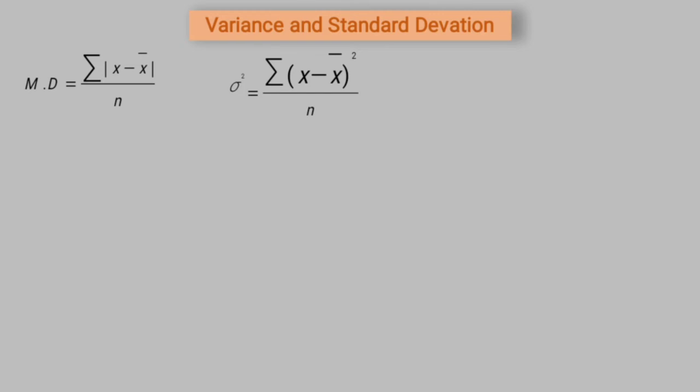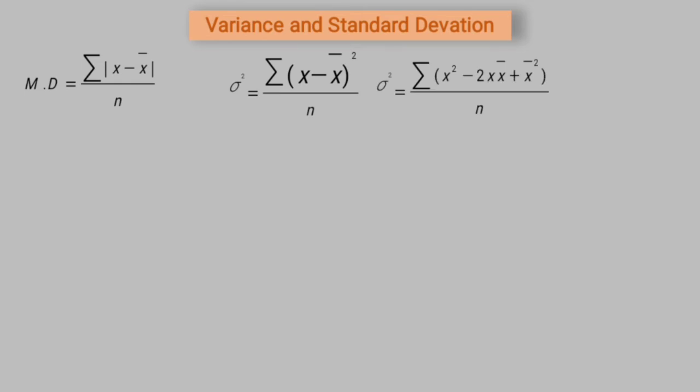Modulus, I told you, is whatever the value inside the modulus, we are only taking the magnitude, right? Whether it's positive or negative, we are simply removing the sign, but it won't give an accurate value. That is, it will not give as much as the variance. So I am using rho square, which is nothing but sigma x minus x bar the whole square, whole divided by